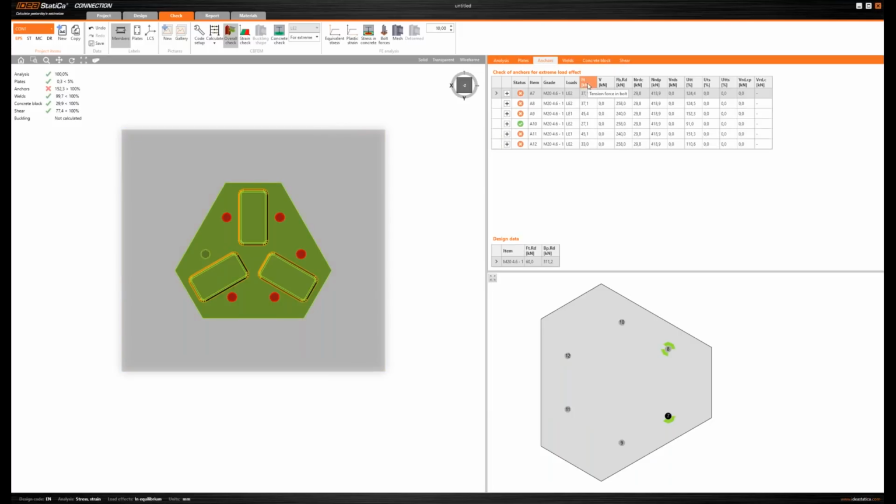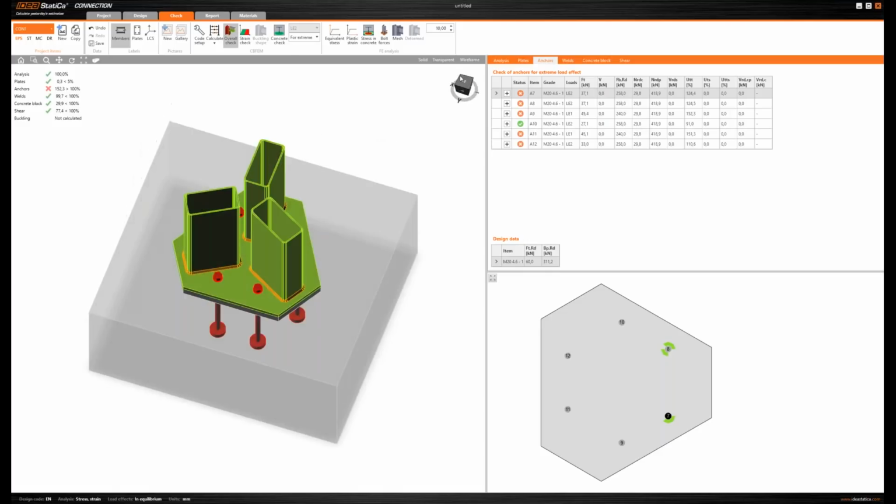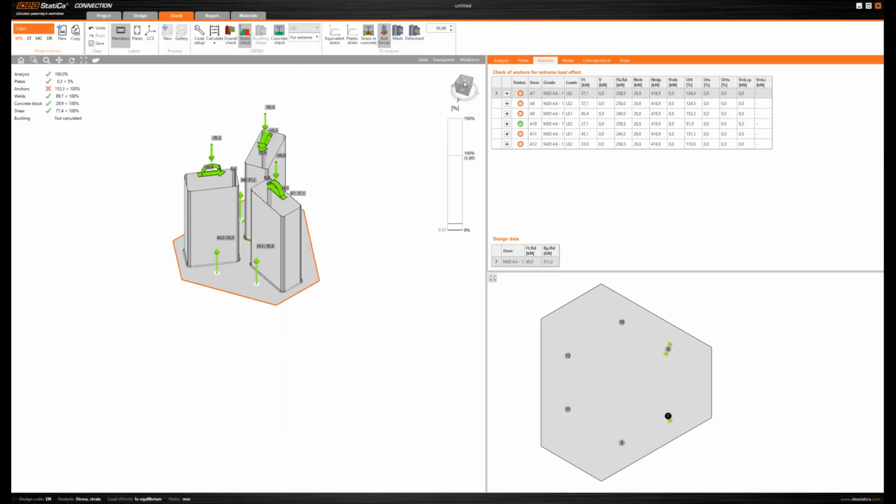Here we can see the tension force in each anchor. Let me rotate this a little bit, switch to strain check, and activate the bolt forces. I will sort the results by the utilizations by pressing the column header here. We can see the results are now sorted, and if I click at the last row,